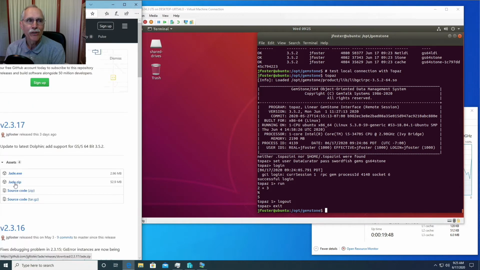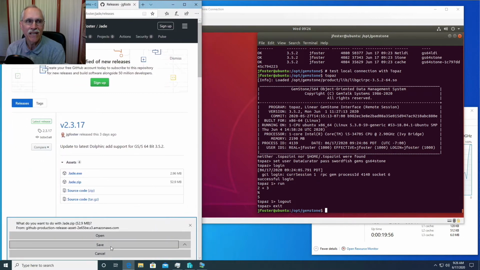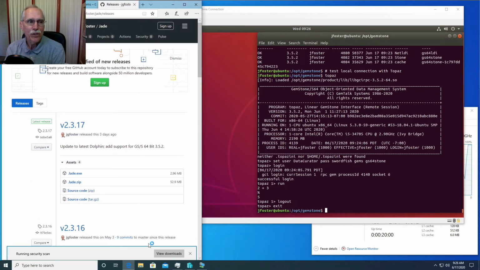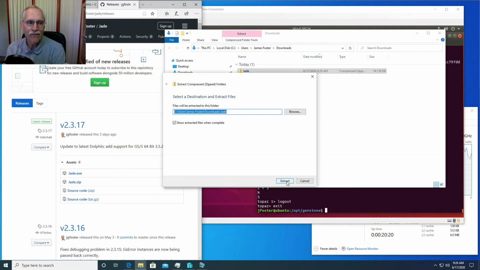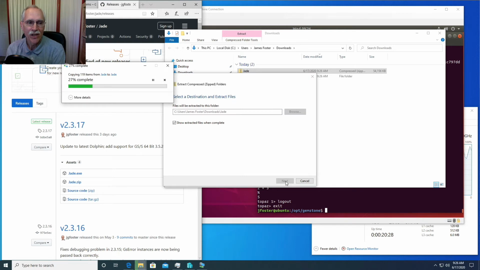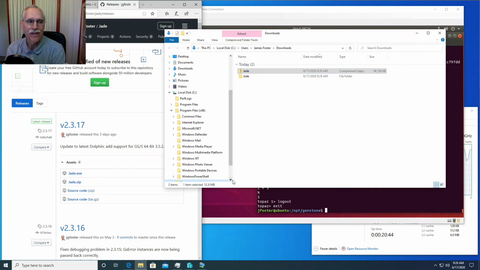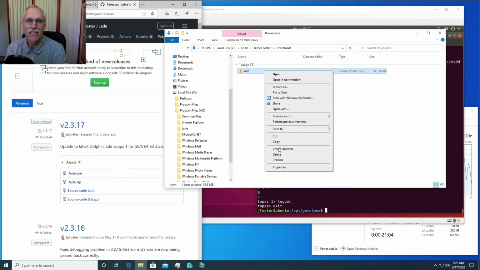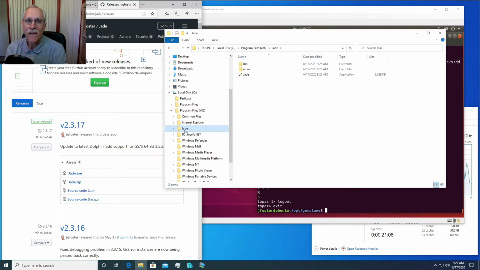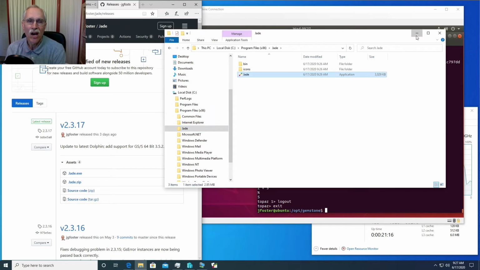Next, we'd like to try running a graphical user interface, IDE, in Windows. This will be Jade. We will download code for Jade. When we have that in our Windows environment, we can unzip it and copy it into the program files. And that requires some security permissions. We'll delete the zip file and then pin the application to the taskbar so that we can launch it easily